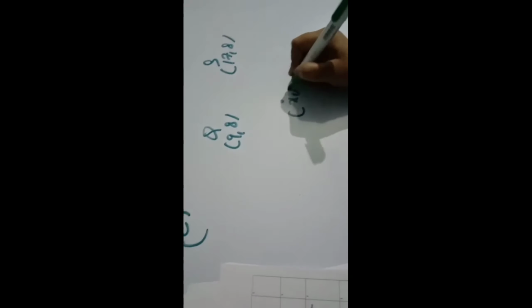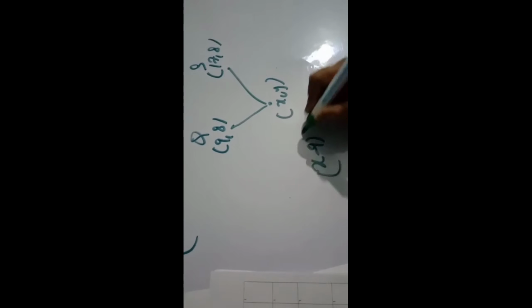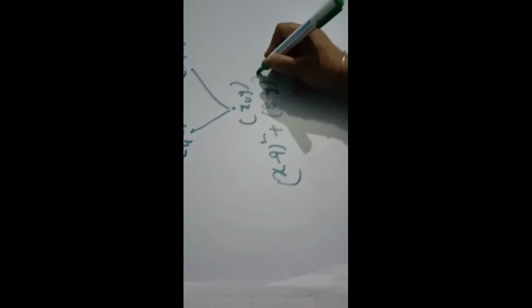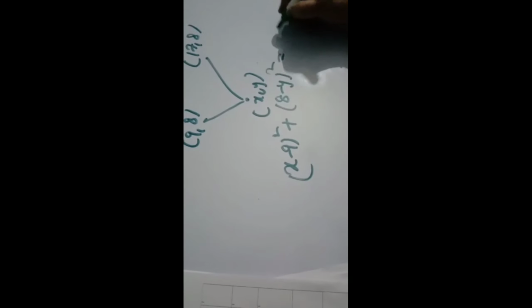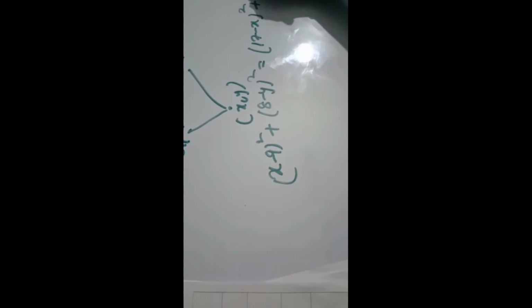Now the E part is very simple. No need to see the diagram. You can find it simply from coordinate geometry. If a point (x, y) is equidistant from Q, which is (9, 8), and S, which is (17, 8), equidistant means the distance is the same. So you can use the distance formula, put them equal and square. I am doing it in short because this is a 1 mark question, not wasting much time.